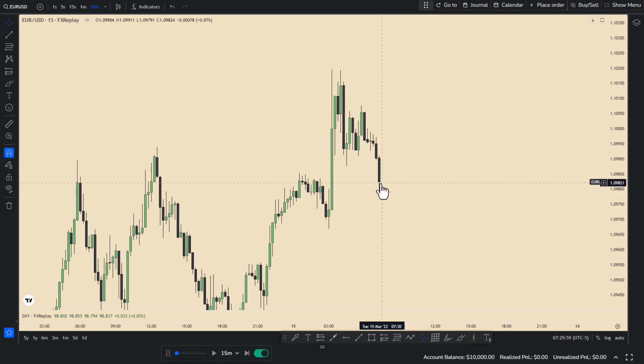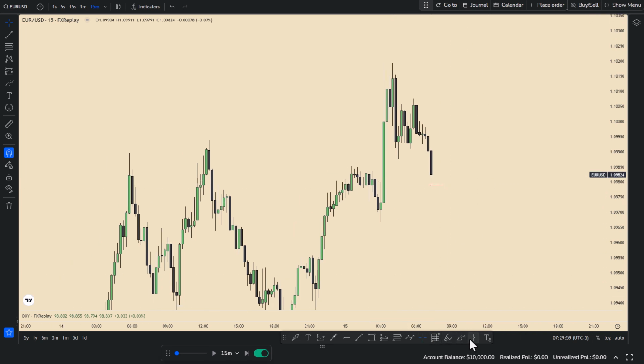This, I might target this low. In my mind, there is a chance of going to here. Why? We are still pulling back. Yes, this is an uptrend. Yes, this is an expansion, but we might continue the pullback, right? I don't know, but let's say this might be the next low.